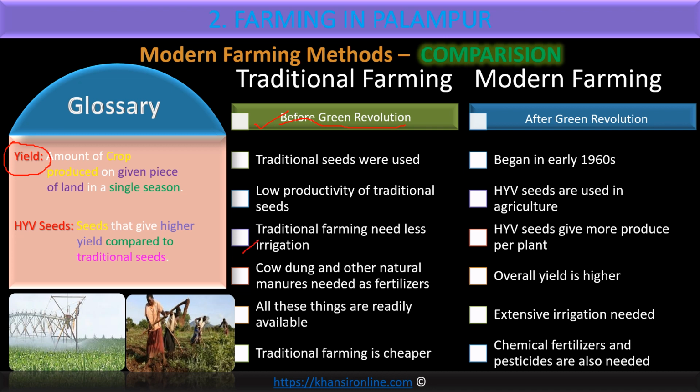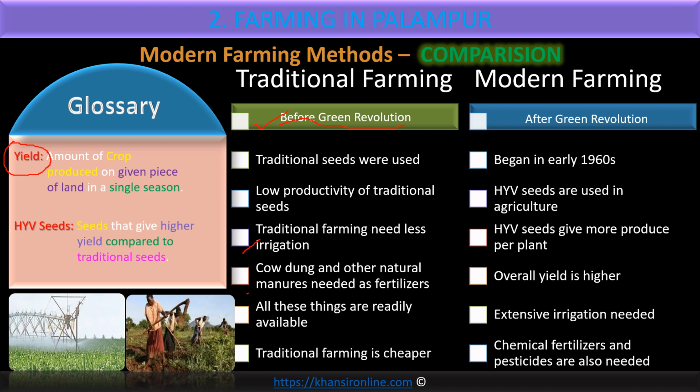Traditional seeds, however, had one benefit: you don't have to irrigate your land too much. If you are a farmer using the traditional seeds, you can simply depend on the monsoon. You do not have to arrange extra water other than the monsoon. But HYV seeds need too much water. Rainwater is not sufficient. You will have the rainwater, other than that you need to bring water from the river nearby. If there is no river, then you'll have to dig and pump water from the water table underground. You'll have to supply lots of water to your HYV seeds. But for traditional seeds, rainfall would be enough.